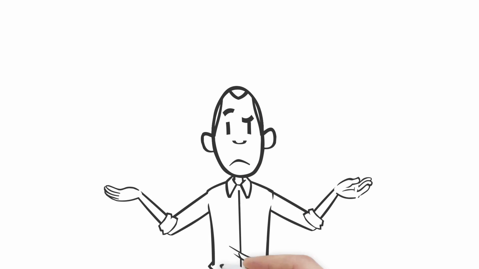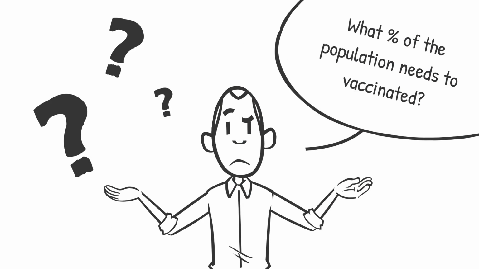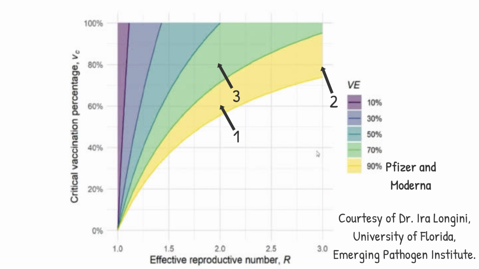A final question: how many will need to be vaccinated to achieve herd immunity? This graph relates efficacy of the vaccine and R sub naught to the ability to extinguish the spread of infection during the epidemic. This graph illustrates how these 2 key determinants interact. First, the higher the R sub naught, the higher the percent will need to be vaccinated. For an R sub naught of 2.0, with vaccine efficacy of 90%, like Pfizer and Moderna, the yellow, 60% of